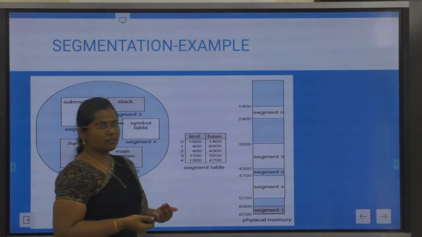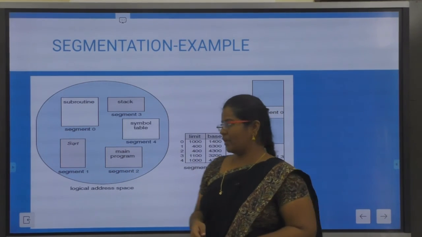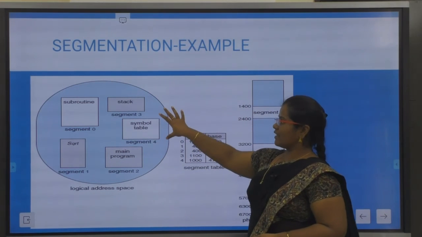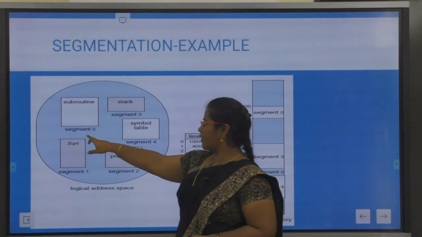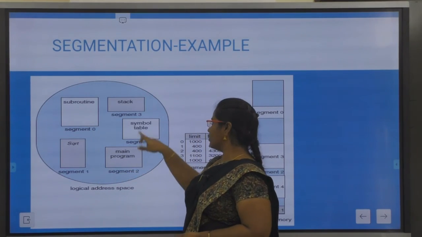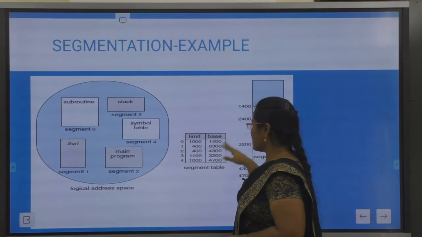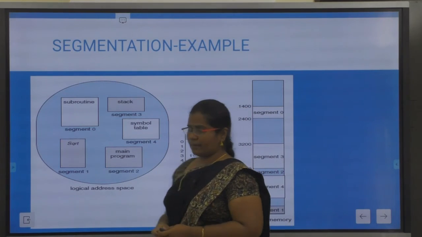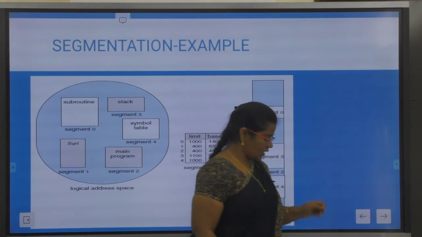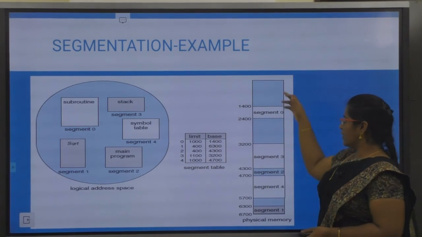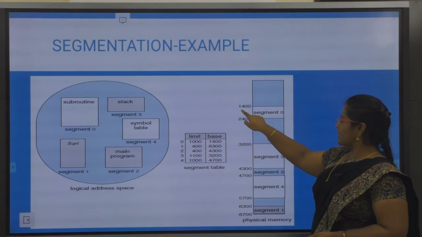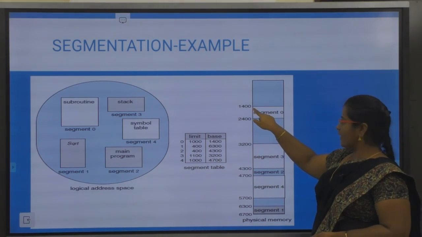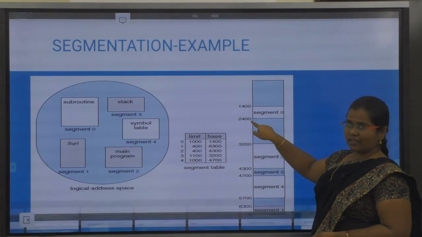Now let us go with a small example of this segmentation. See here, in this example I have 5 segments, numbered 0, 1, 2, 3 and 4, and this is the corresponding segment table. In this segment table, if you observe, segment 0 is placed at address 1400 and it extends up to 2400.